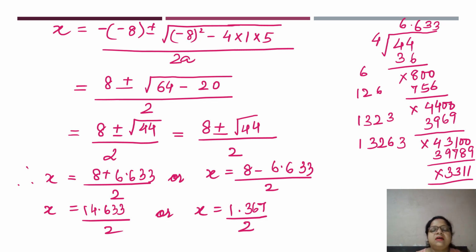Therefore, x is equal to 8 plus minus under root of 64 minus 20, that is equal to 44. So x is equal to 8 plus minus root 44 upon 2. So we find out the square root of